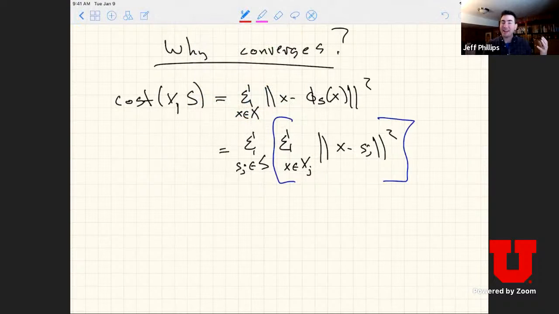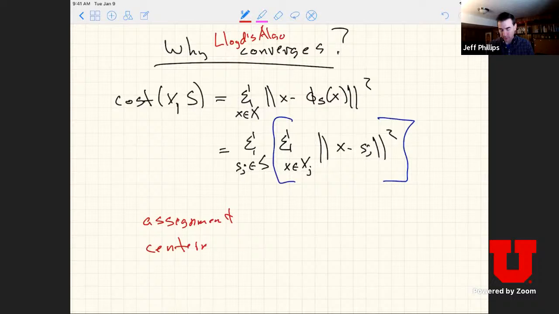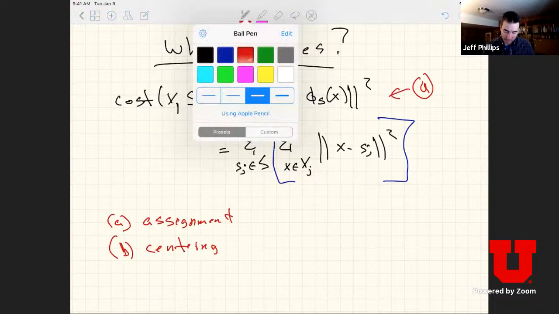And the key insight into why Lloyd's algorithm converges: it's doing these two steps, A and B, the assignment step and the centering step. These are equivalent cost functions, but step A is definitely minimizing this first formulation. I'm choosing S to minimize the cost. And step B